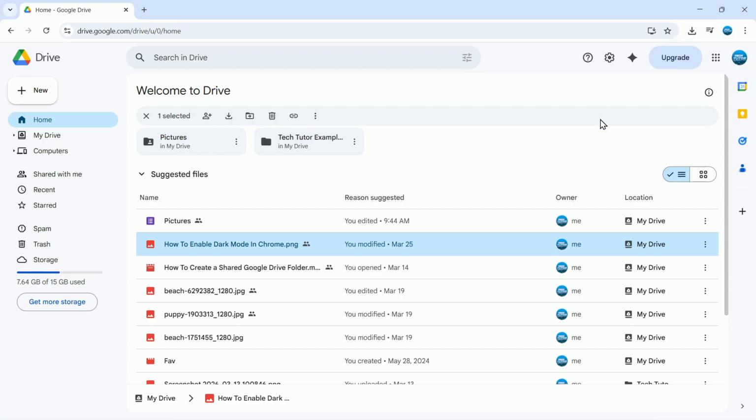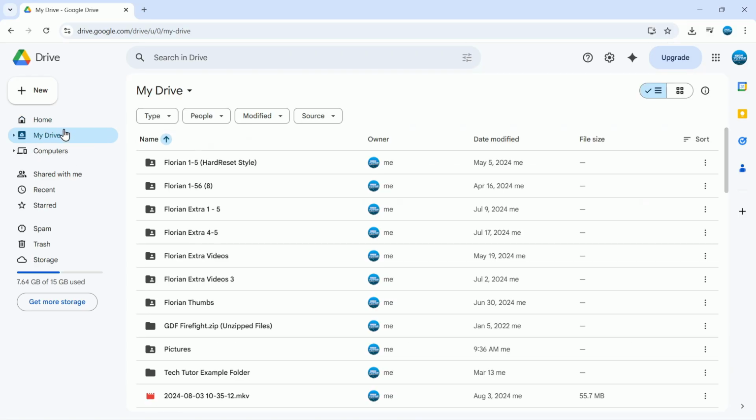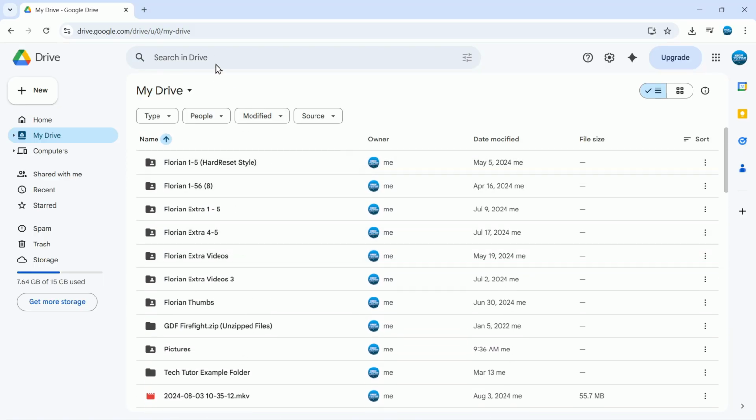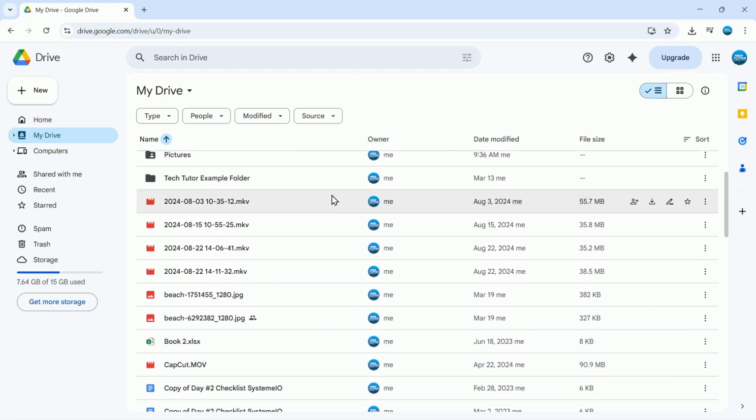And then what you can do is find the file or files that you want to download from your Google Drive. So if you click onto My Drive in the menu on the left hand side, you can find all your folders and files and things like that. Alternatively, there is a search box at the top as well, so you can search for any files using the search box. And once you find the file that you want to download, let's take for example this picture here,